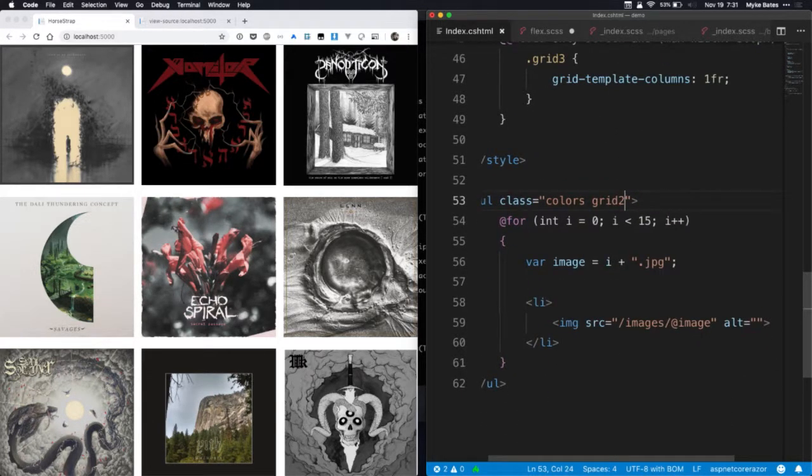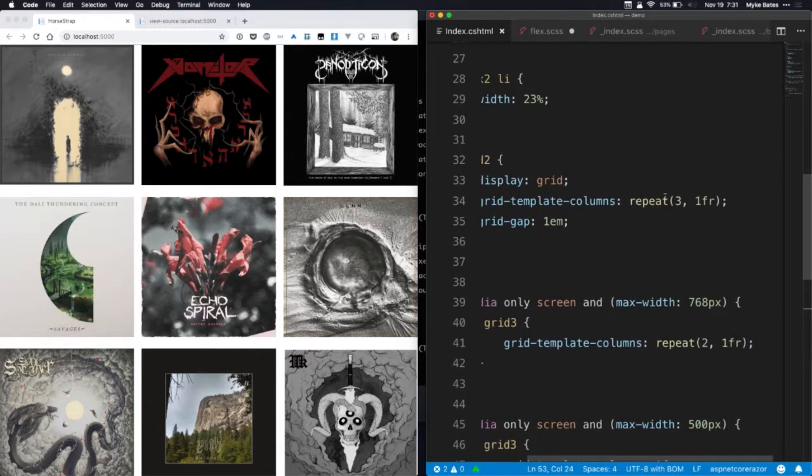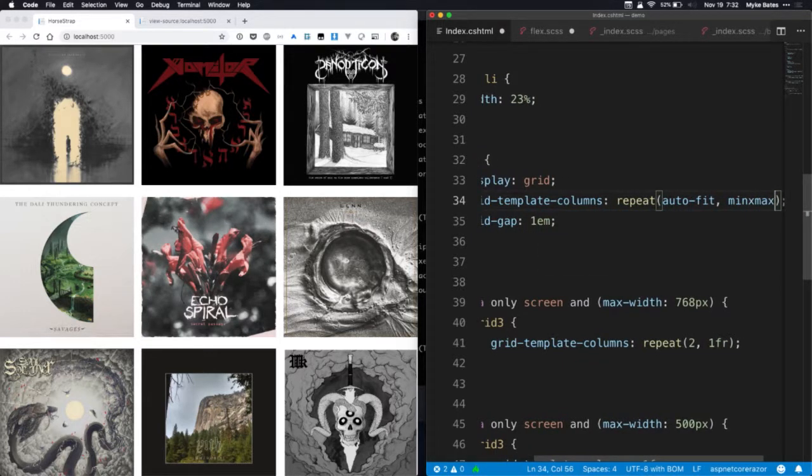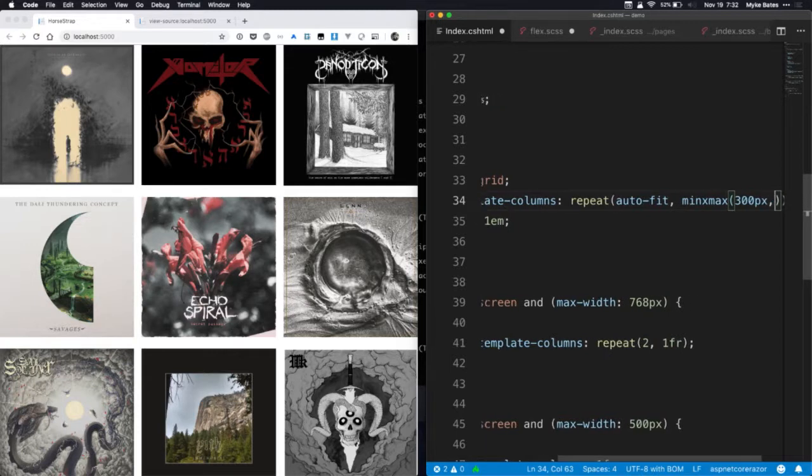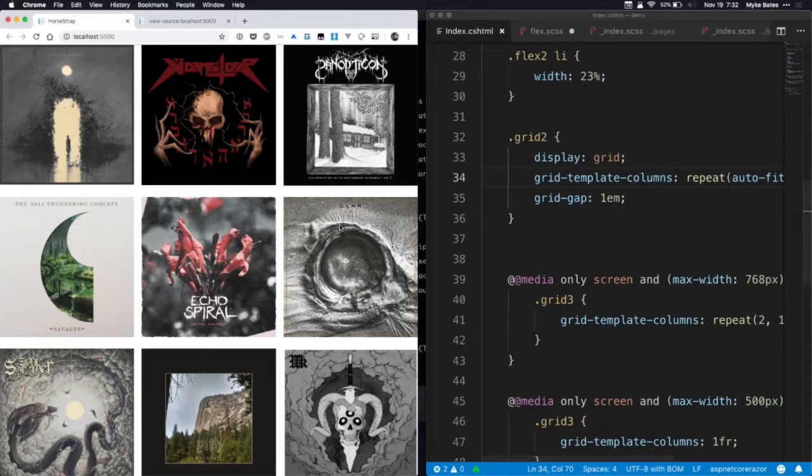Go back to just grid 2 here. And instead of setting this to repeat 3 and 1 FR, we're actually going to set grid template columns to auto-fit. Tell it to auto-fit, and then we're going to use the minmax function to set a minimum amount and then a maximum amount. And hopefully, if this works,